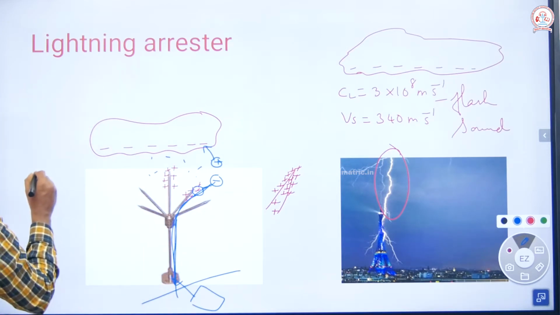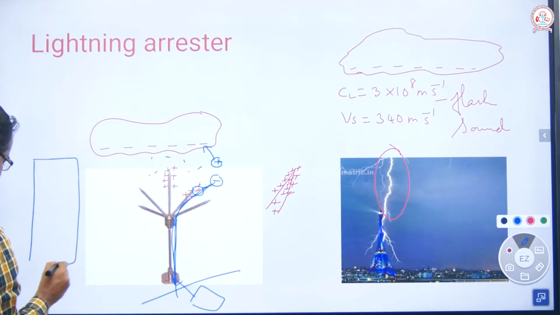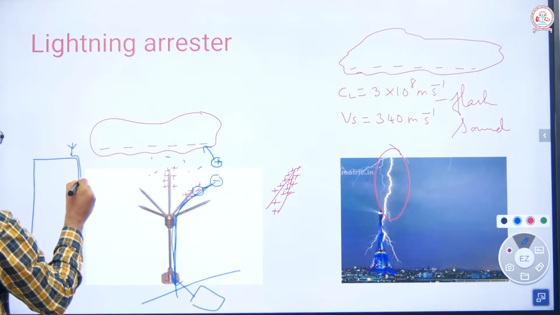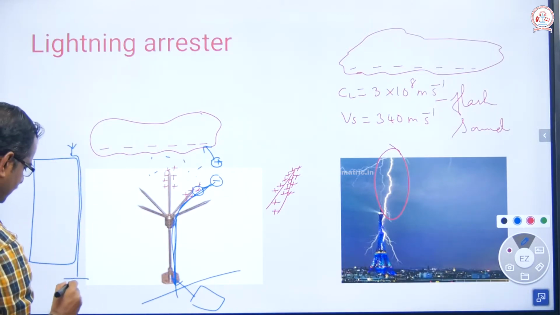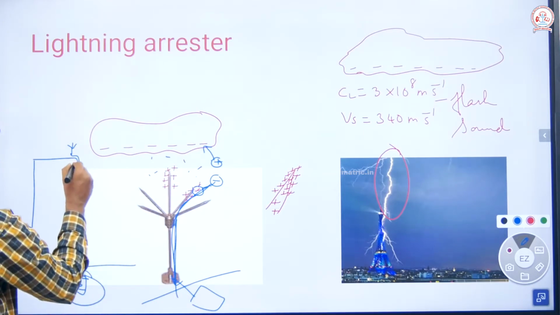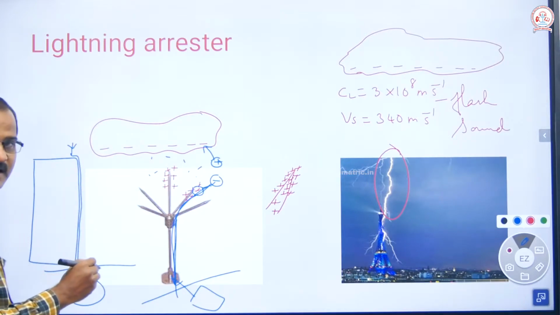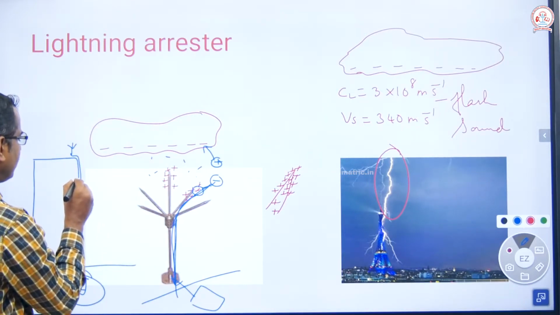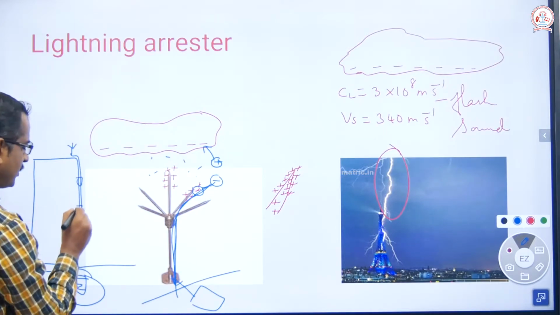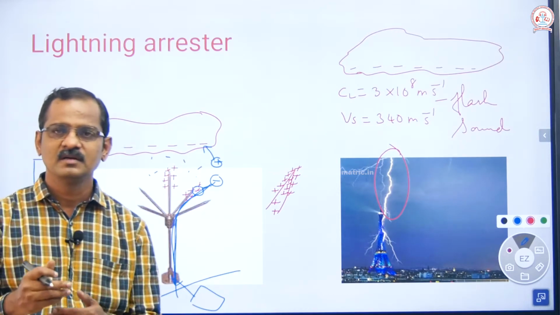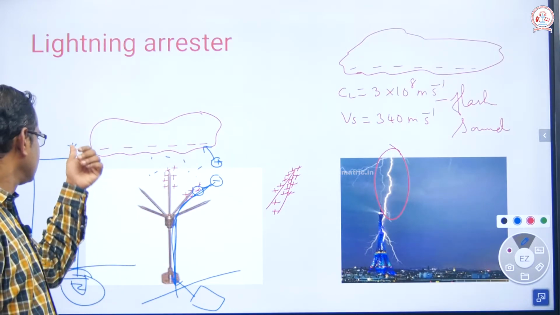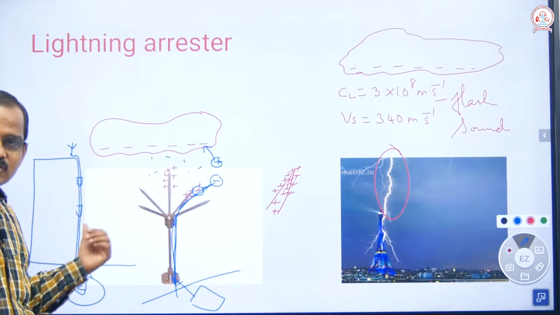Imagine this is a building; the lightning arrestor will be fixed at the top of the building, and the wire will be taken out like this. It will be buried under the earth. There will be a copper plate actually, and generally the wire connected to the lightning arrestor will not have contact with the building. Maybe we can fix some insulators, maybe wood, or some PVC which can withstand heat, so that the current is not passed to the building.